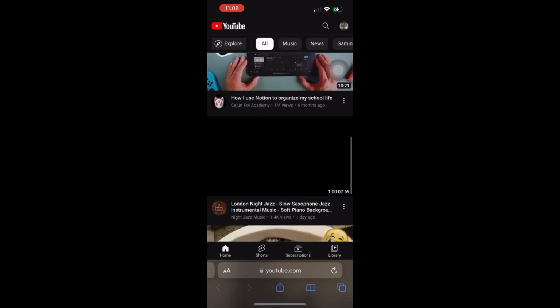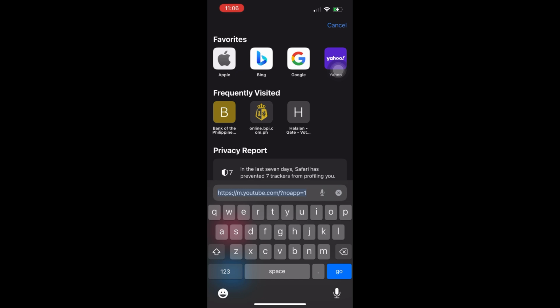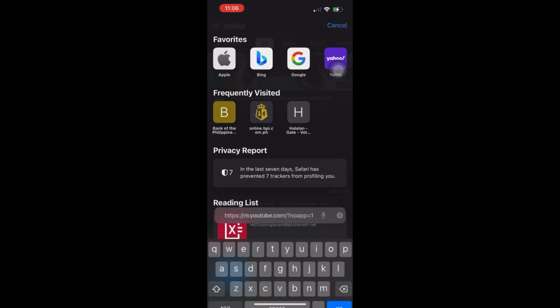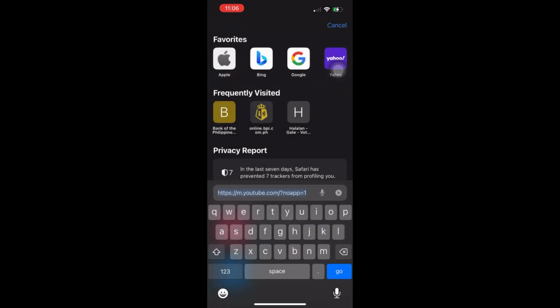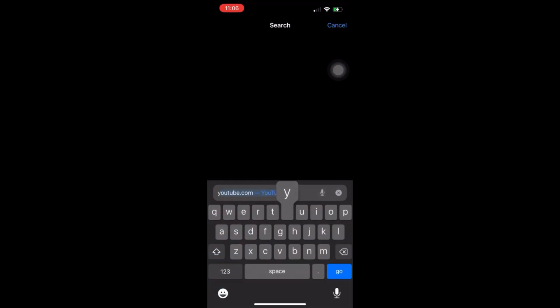First step, open Safari or any web browser on your phone and open YouTube. Also, make sure that the correct YouTube channel or account is logged in on your phone. Once successfully logged in, on the search tab, search for